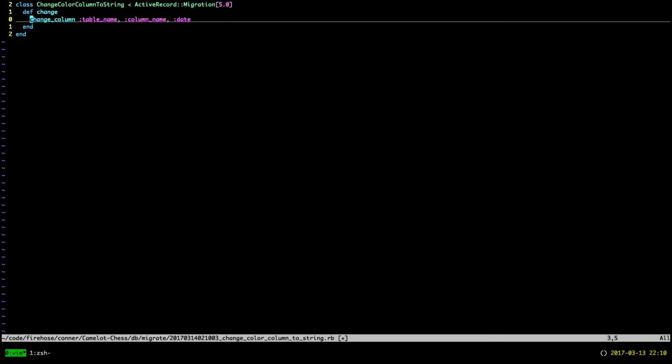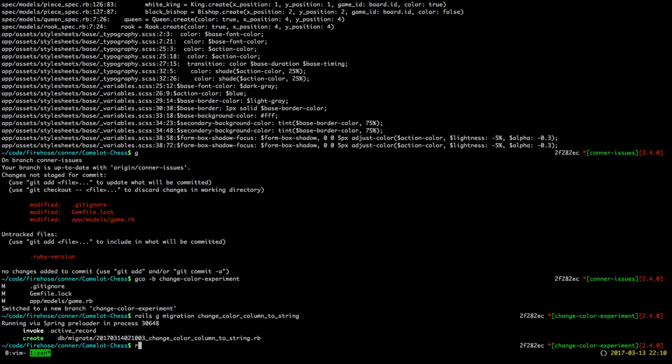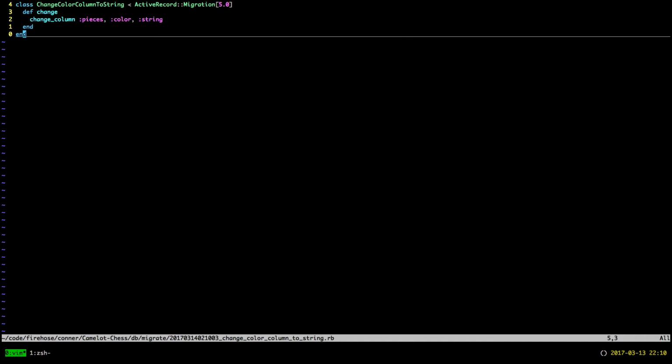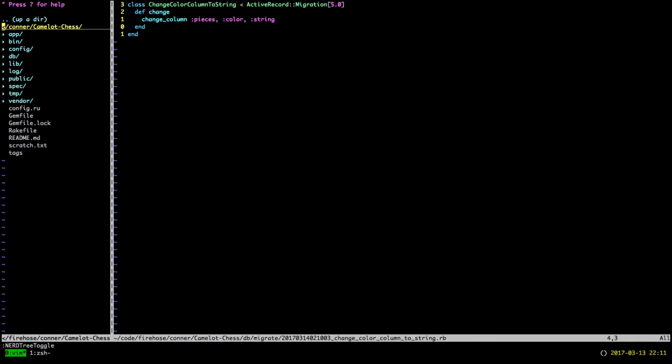Whoops. Change column, what was it? Pieces. Yep. And its color, and we want to change it to string. Right? I think so. And now we'll run the migration, which is going to destroy so many things. So what's going on here? Oh, there were other migrations in here that hadn't been run, I guess. Okay, no problem. So now that column's changed,